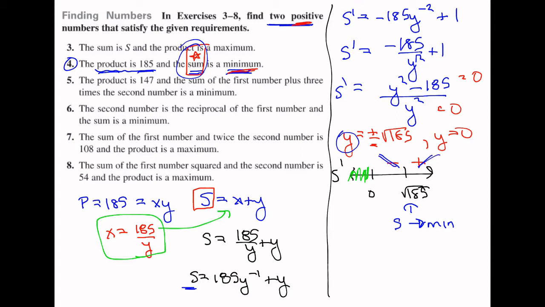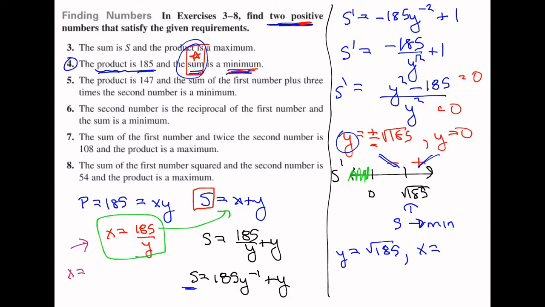So now we just have to answer the question. What are the two positive numbers? Well, the first one we found is that y is the square root of 185. So now we need what is x. Well, to find x, if you look around, you'll always find a place where x was kind of by itself. So let's see, let me get a different color here. All right, so right here, x was 185 over y,